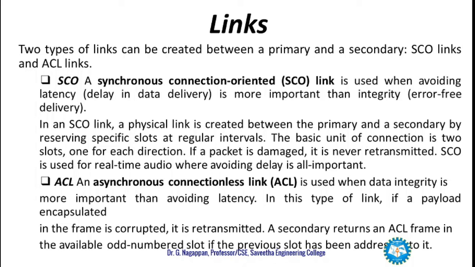ACL, asynchronous connectionless link, is used when data integrity is more important than avoiding latency. In this type of link, if a payload encapsulated in the frame is corrupted, it is retransmitted. A secondary returns an ACL frame in the available odd numbered slot if the previous slot has been addressed to it. So here data is so important, so it is being retransmitted in case there was